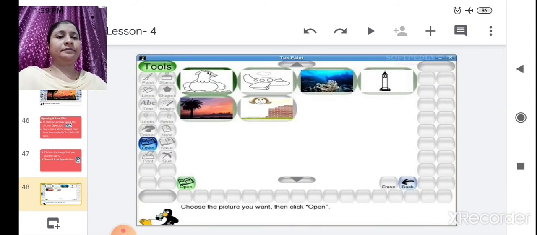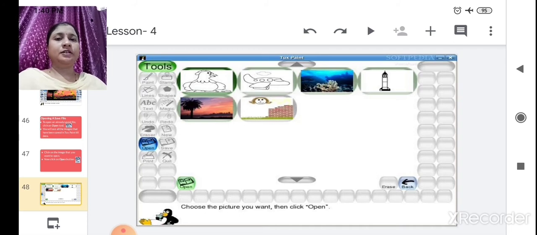Now see here, open. Here in tools there is an open. We get different images, like scenery, wall, plane, whichever you want to open. Click on that image and click down here, where open is given in green color. You have to click that green button, open. Once you click it, your image will open. Got it now? How to save the file and how to open your saved file in TuxPaint.